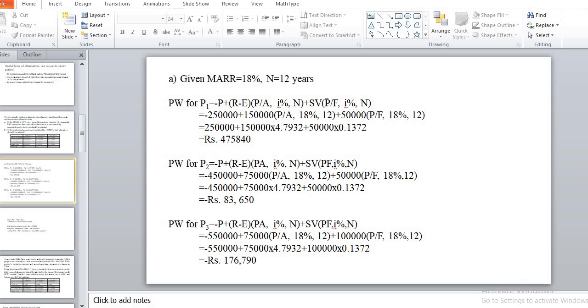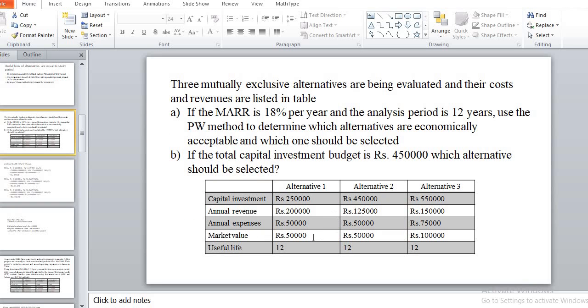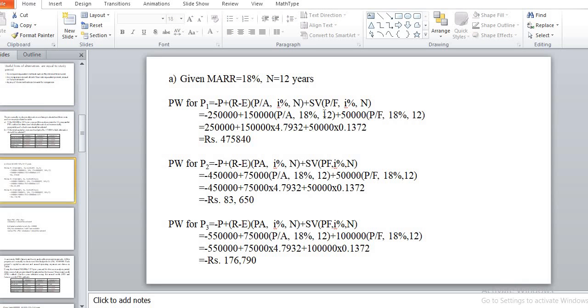So plus salvage value is 50,000. The market value is 50,000, so this will be considered as salvage value. Salvage value is 50,000 with interest at 18% and lifespan is 12 years. So we can simplify this, and we will get a value of